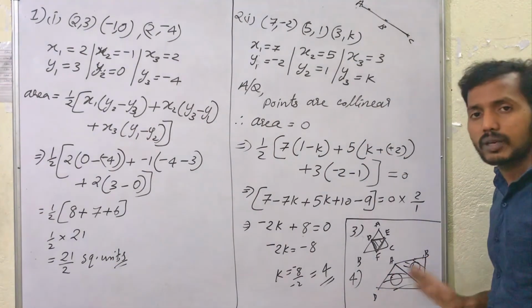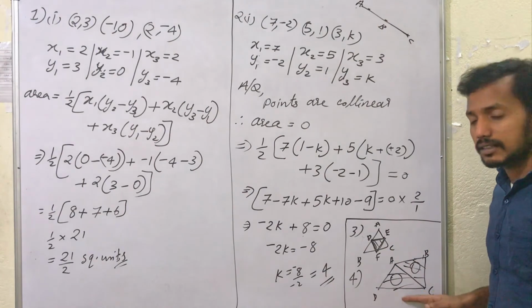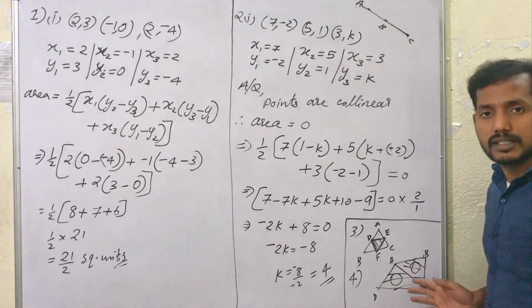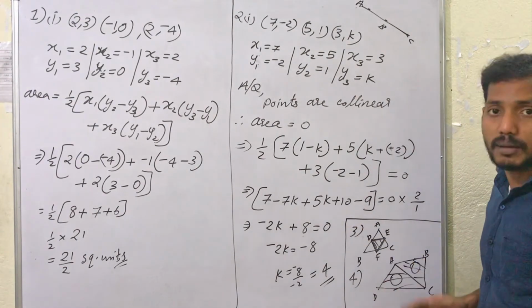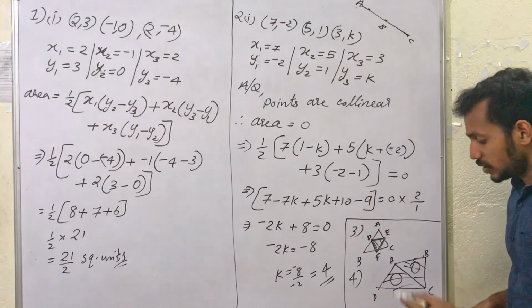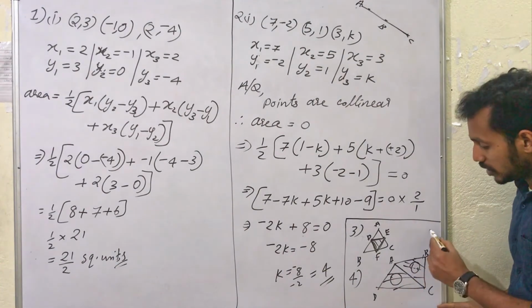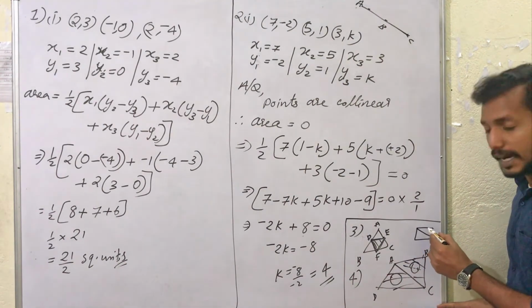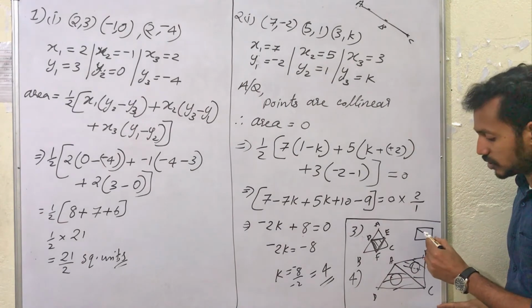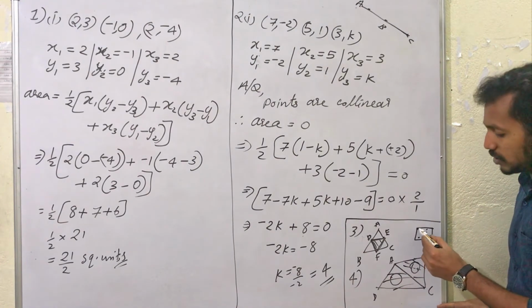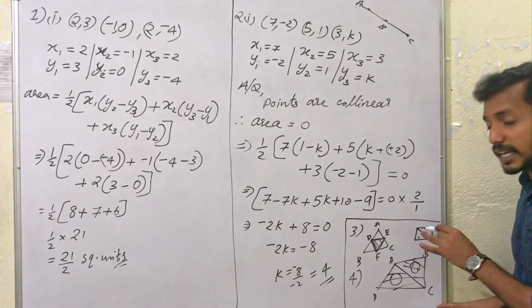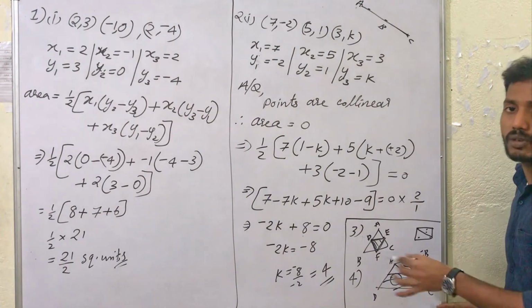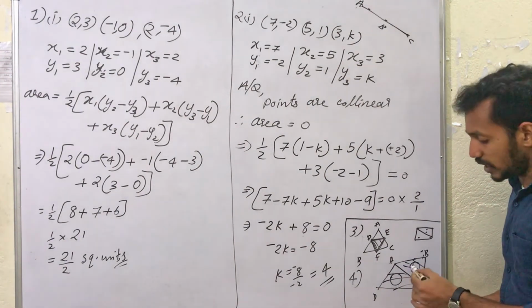Just divide the entire quadrilateral into two triangles, so that you can easily find the area of the quadrilateral. If it is mentioned like a parallelogram, rhombus or square, then you need to find only one area, because the diagonal of a parallelogram, rectangle, square or rhombus divides the entire shape into two equal areas. So just find one, multiply by 2. That is only in case of parallelogram, square, rectangle and rhombus. But in case of a normal quadrilateral, you need to find the areas of these two triangles separately, then add them.